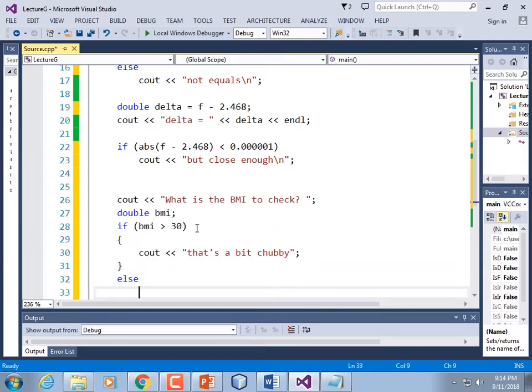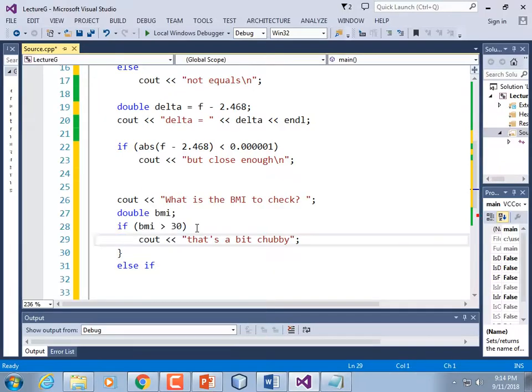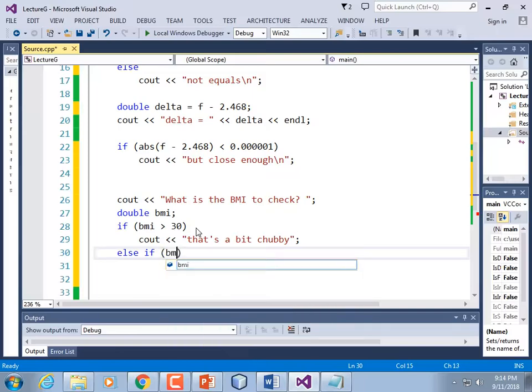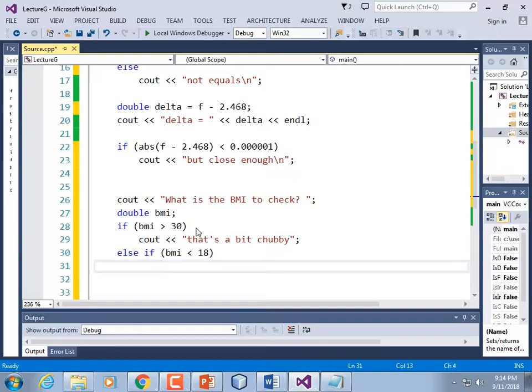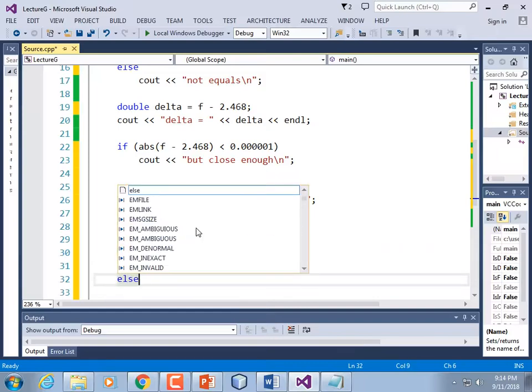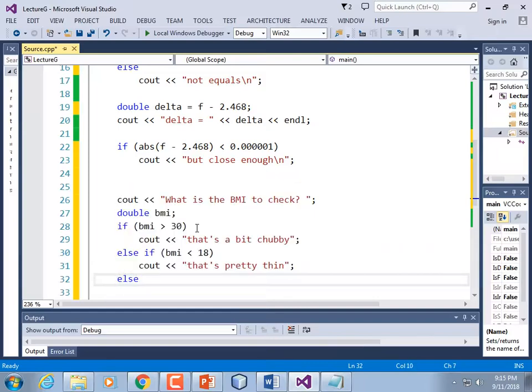Else, else if, and why don't I take those braces away so I can put more code on the screen at the same time. Else if BMI is less than 18, cout, that's pretty thin. Else, a final else,